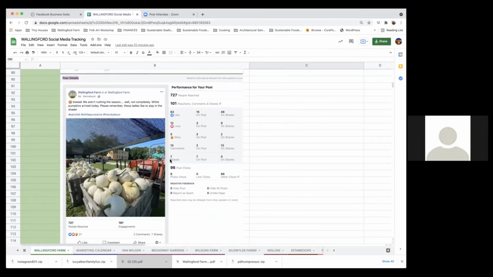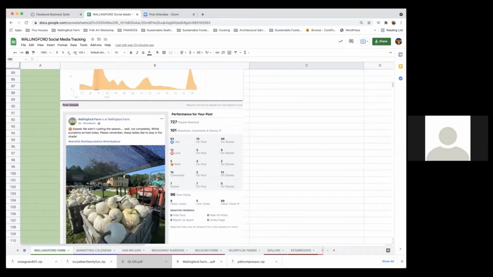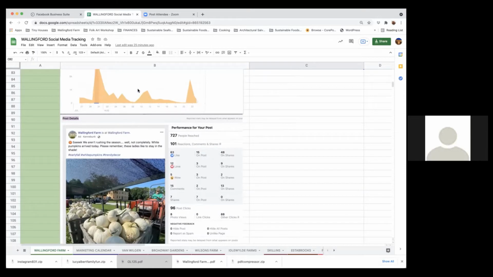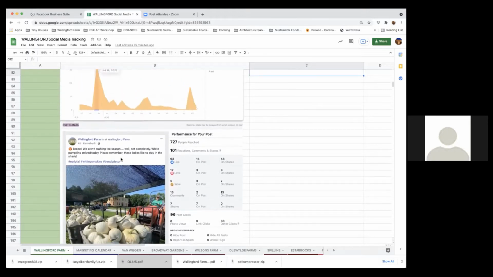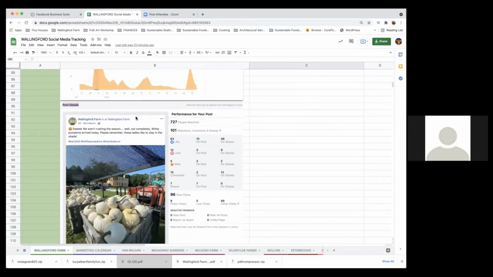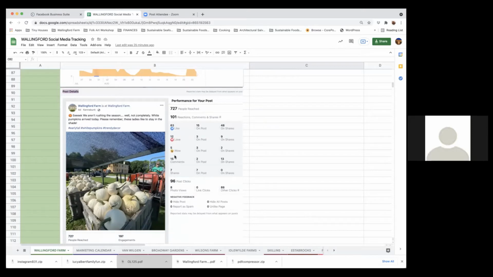So this is a typical post for us. We get about 1,000 people that reach out. Well, maybe a little bit less in general, as it says right here on this graph. But it's hard to say why it's such a flux, which I guess is what you're saying about doing tests. I haven't found a rhyme or reason for that, but one thing that is working for me is that I